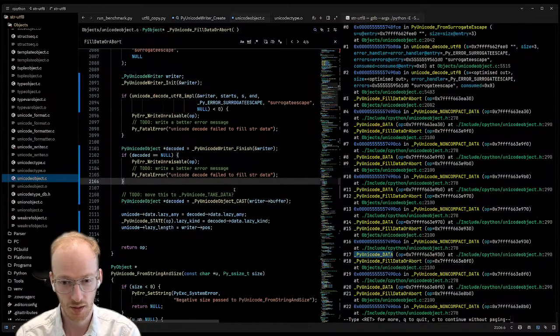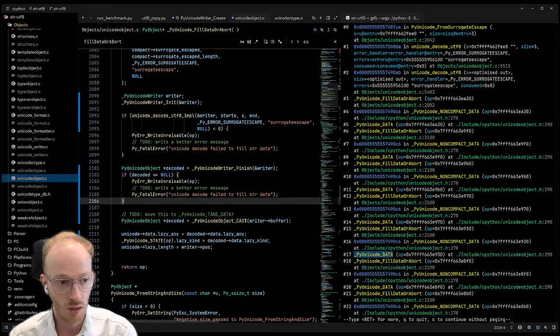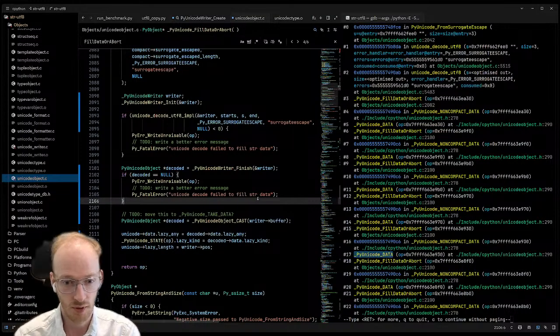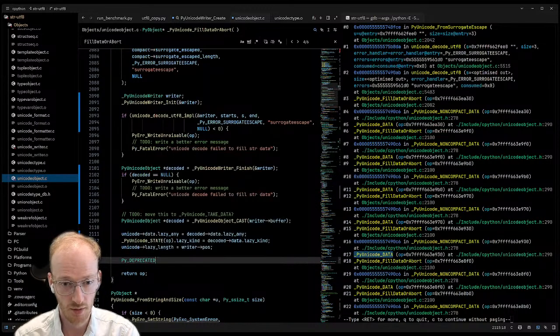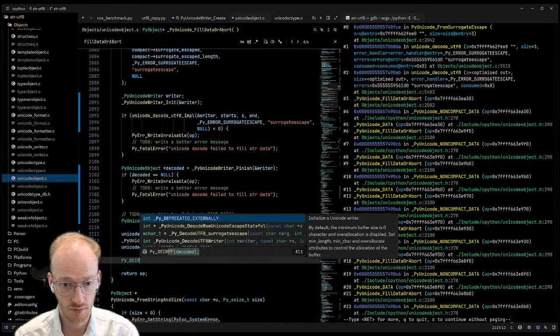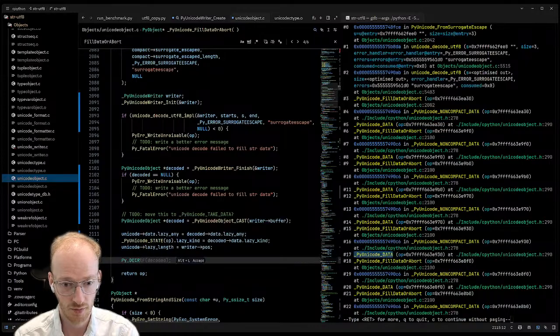And then we can... Now we can... Yep, so now we're going to want to do PyDecref coded at the end.